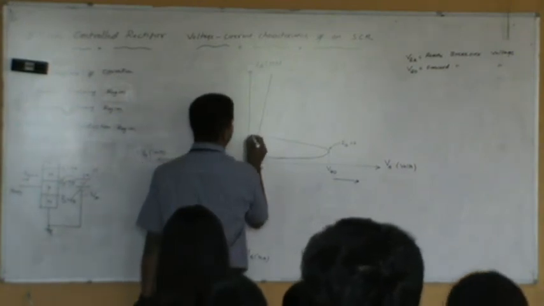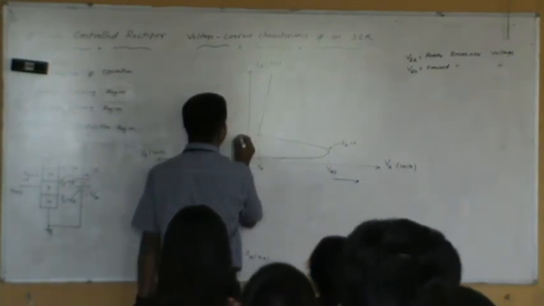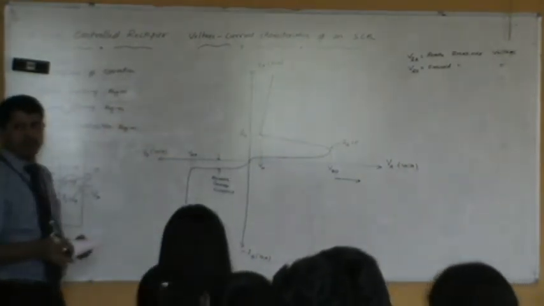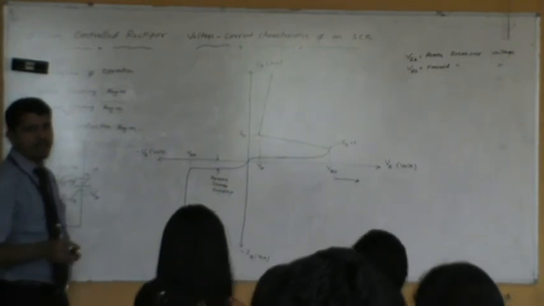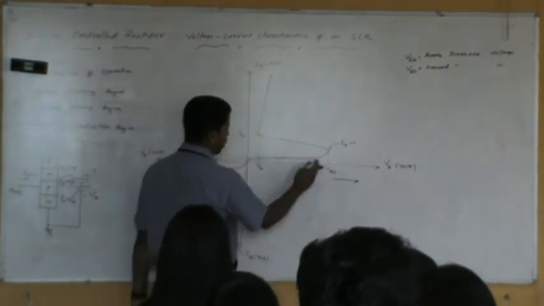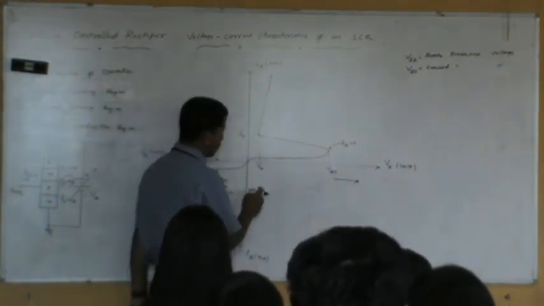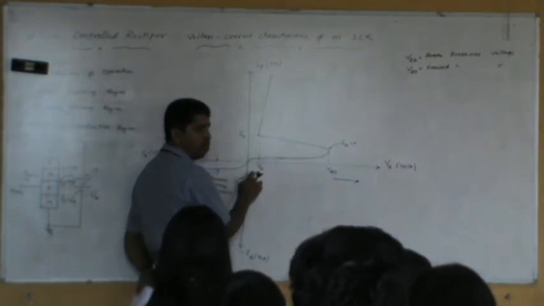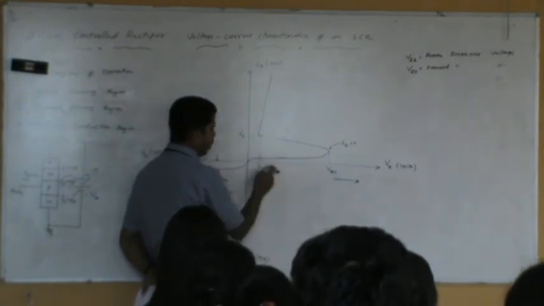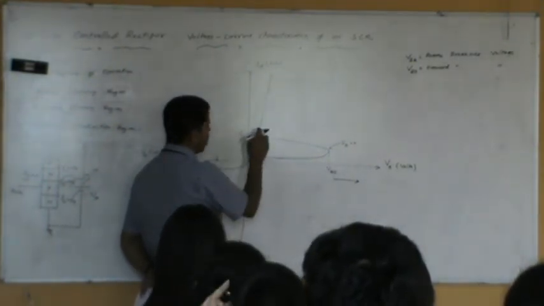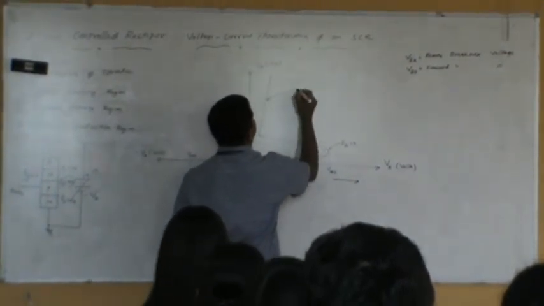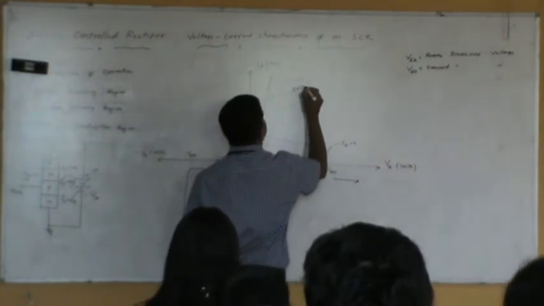Corresponding to the holding voltage, whatever the current is there, let me call it holding current. A minimum current exists across the SCR. Voltage across SCR will not become 0 even if you increase voltage beyond VBO. Voltage across SCR decreases. To what level does it decrease? It reaches up to holding voltage. It will not become 0. But later on, once the voltage across SCR reaches VH, beyond that the current will be rising. Wherever the current is rising, this particular region is called the forward conduction region.